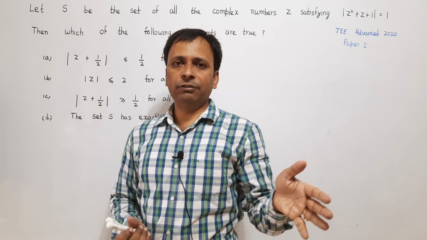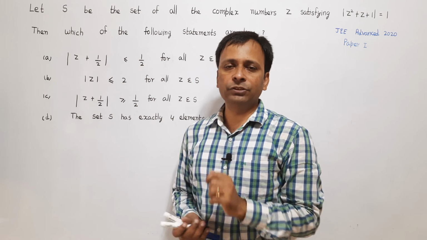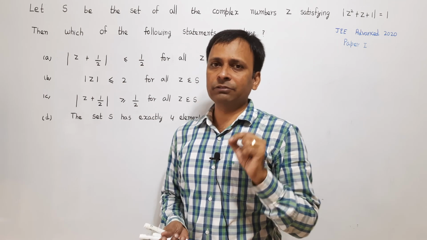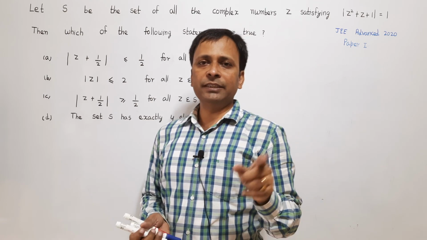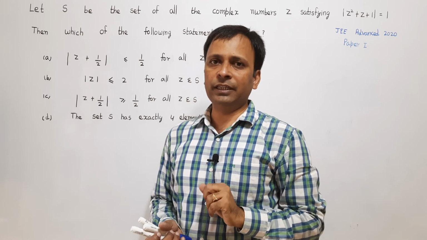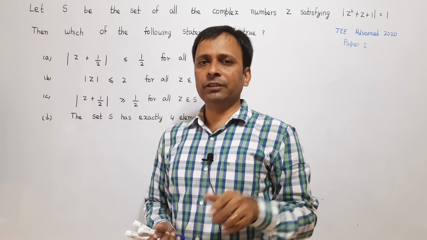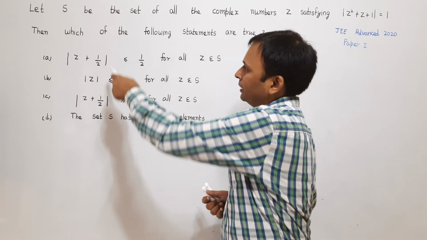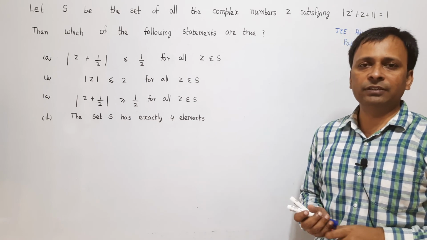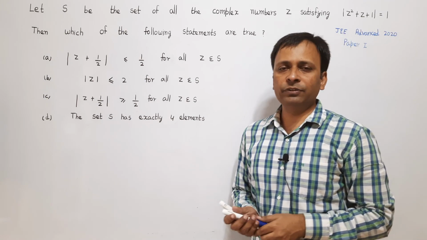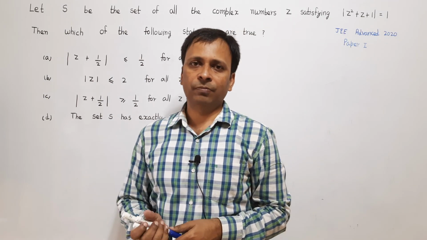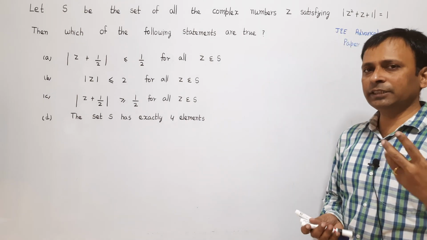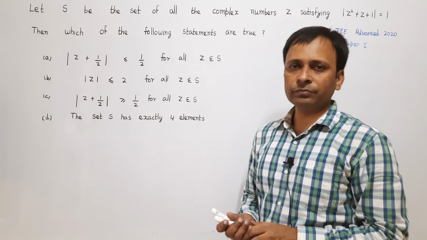This e to the power iota theta I am taking on the right hand side, so we get a quadratic equation in terms of Z, and when I solve this quadratic equation, I will get some expression for Z in terms of theta, when I write e to the power iota theta as cos theta plus iota sin theta, and then I will compare that value of Z with these 4 options. I would get the correct answers. But see, this would be a very lengthy method. Now what is the easier approach to solve the same question?